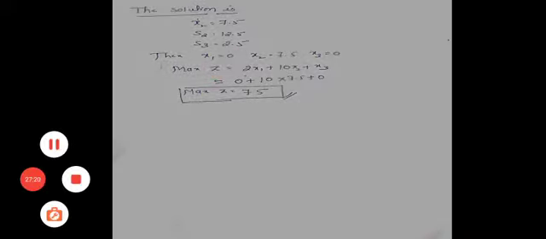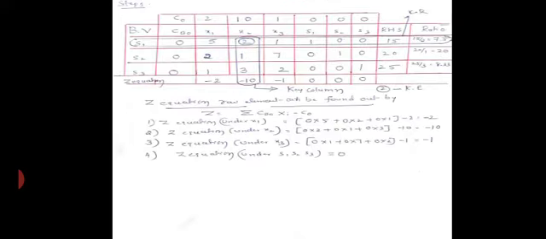Then you go for the objective function here. What is the objective function taken? My Z equation is 2x1 plus 10x2 plus x3. In that equation we are supposed to add the values you got at the last. Always remember that your basic variable values will be available on the right hand side, that is in the RHS column. That RHS column value we need to take for substituting in your objective function. Understood?